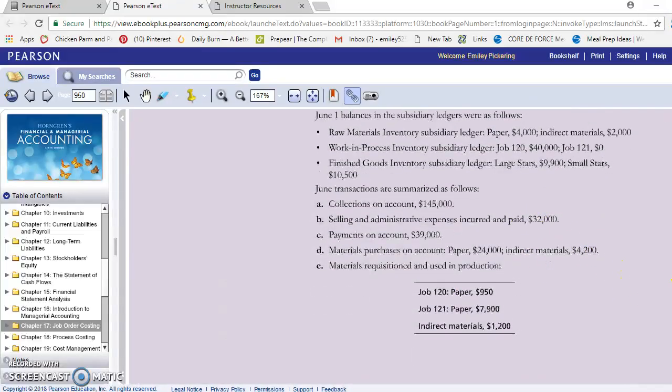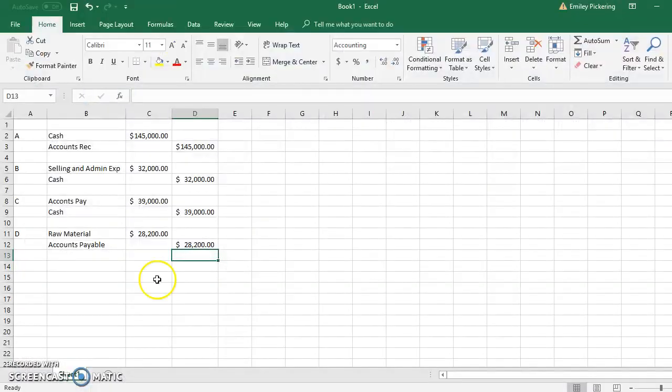Materials requisitioned and used in production. So basically what happened was that somebody said, hey, we need this stuff to make stickers or whatever it is we're making. And so it went from raw materials into work in process because it's no longer in the raw material form. Now we are making something. So for E,